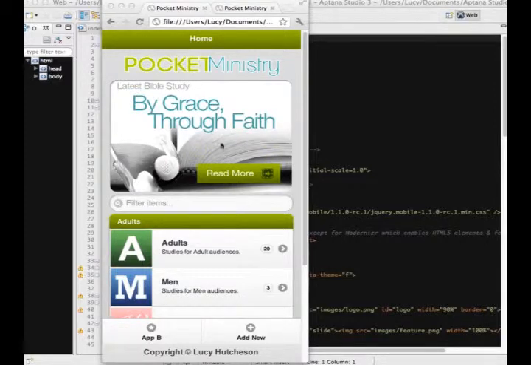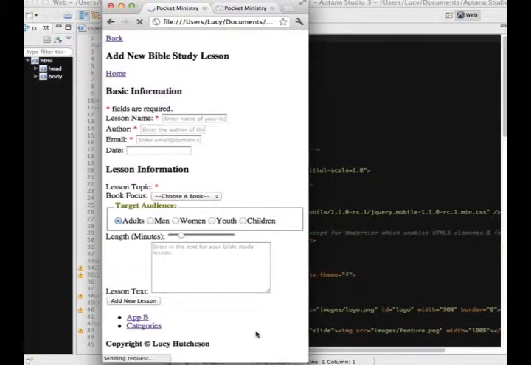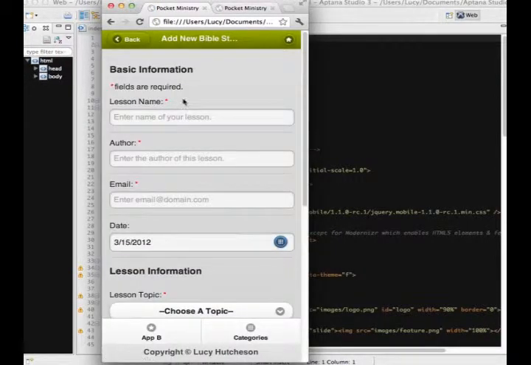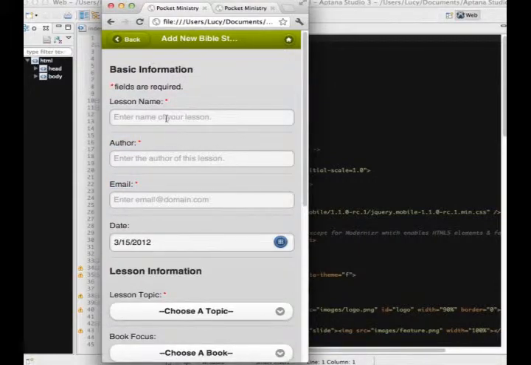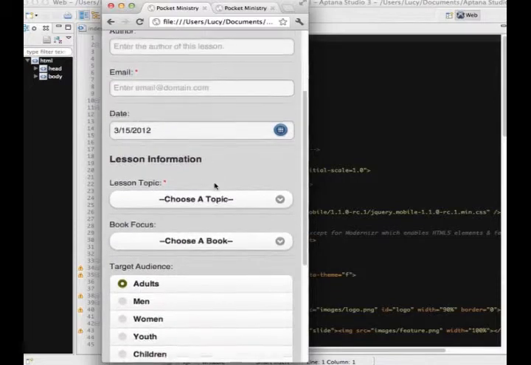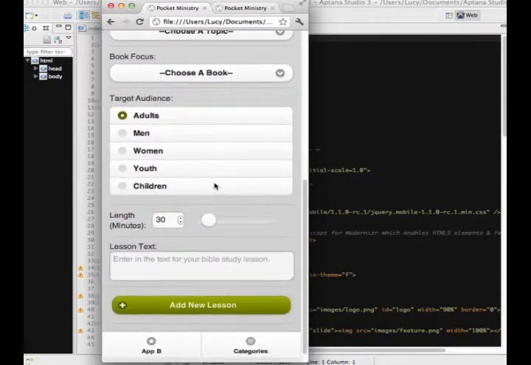This is my project 3, in terms of my form now. Some of the things that I implemented are for my form selections. This is my app A. When we go to add a new Bible study lesson, I have my input hints here. Pretty much every field has an input hint,